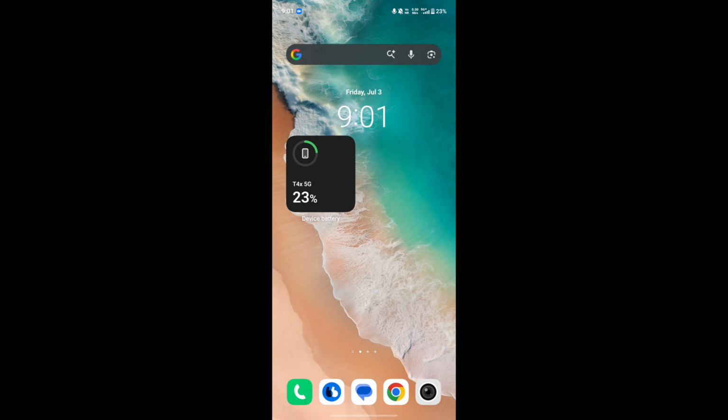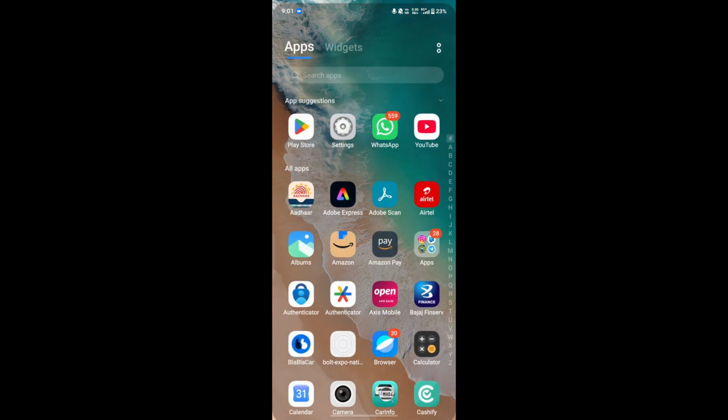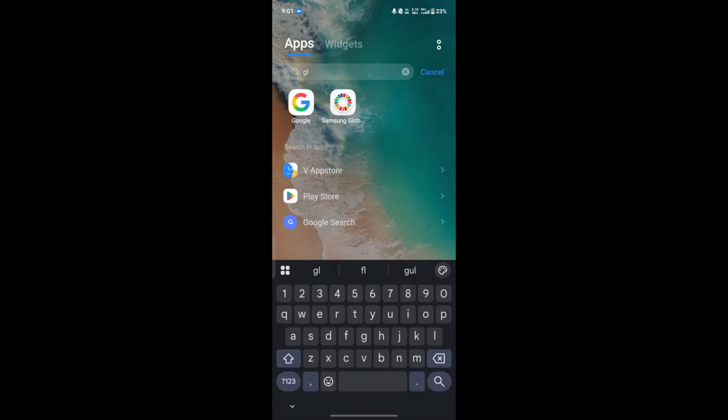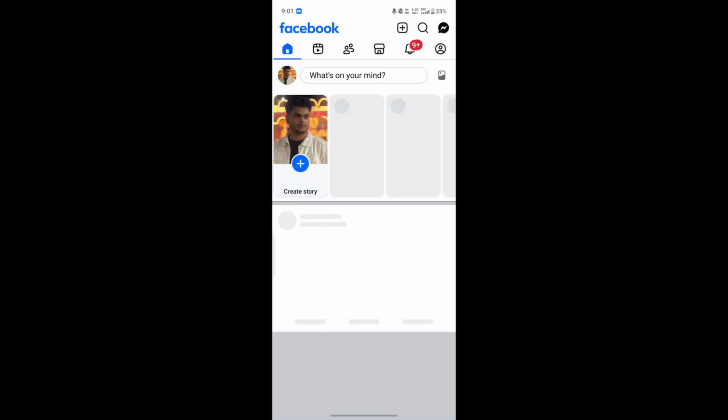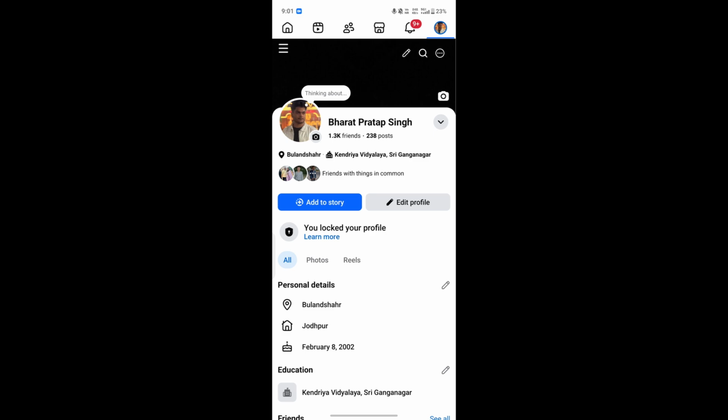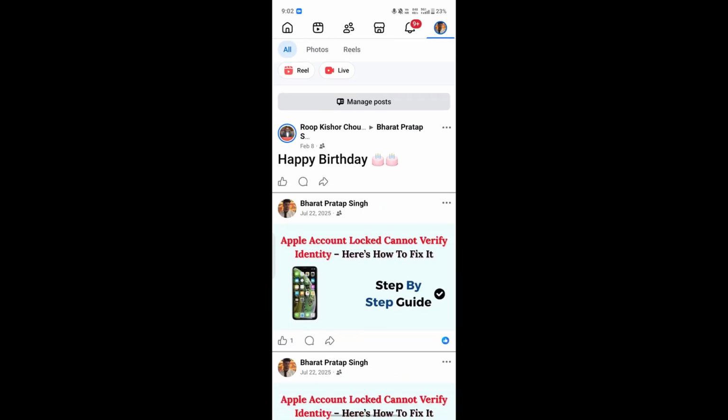First of all, link your account via Meta Account Center. For this, you simply open your Instagram and Facebook. Like, first you open Facebook. After that, go to the option of Account Center. So you just click here and go for the option of Account Center. When you move downward,